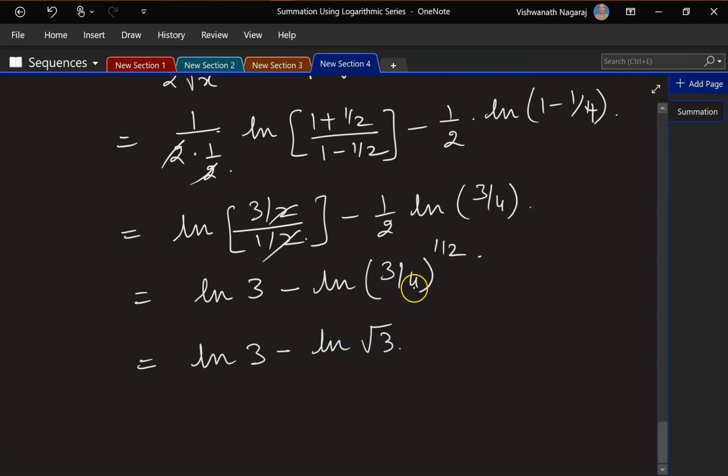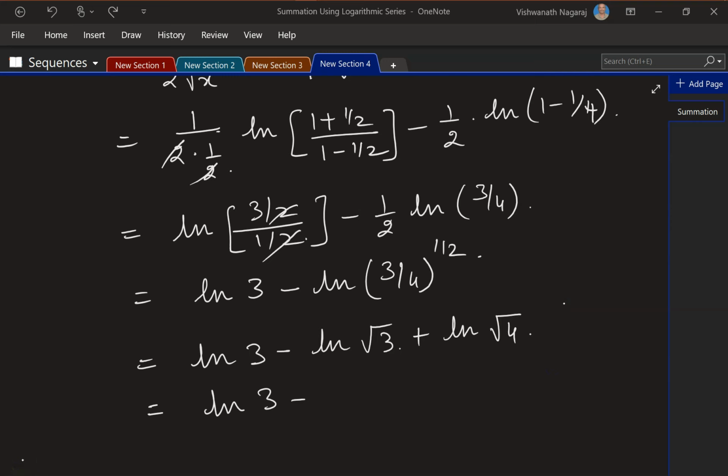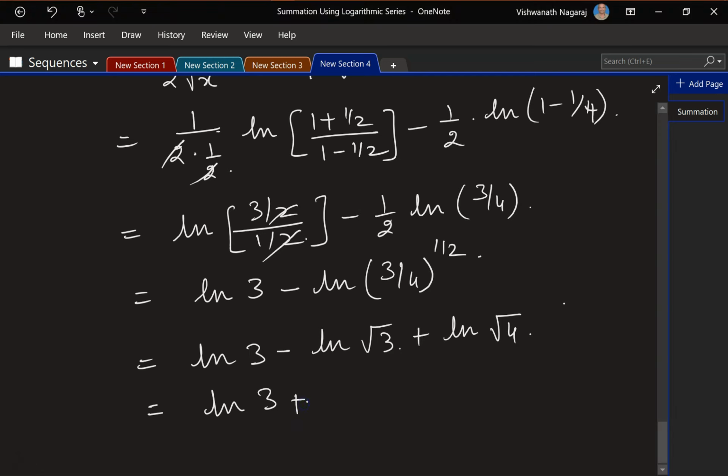And this 4, division by 4, log rules, we can take it out. So it becomes minus log 4. But because of this minus, it becomes plus. So plus natural log of 4 to the power of 1 by 2 or square root of 4. This minus natural log 3. This minus we can take it up. So it becomes to the power of minus 1. So which means this, if we make this plus, this becomes natural log of 1 by root 3 plus natural